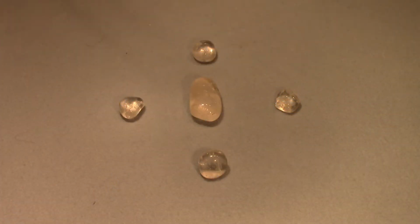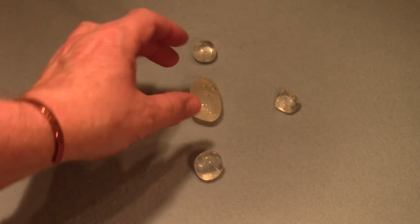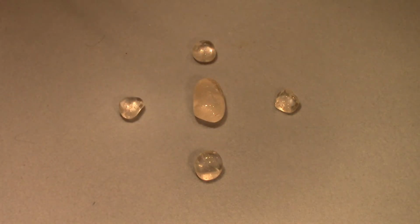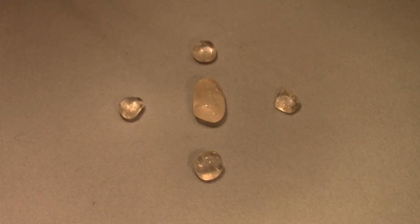Okay, here's another simple grid. Very easy to make. These are all clear quartz crystals. I'm using a larger tumbled stone in the center. And this I have aligned magnetically to north, south, east, and west. If you don't know these directions, use a compass and set that on the table to get your directions correct. If you don't have a compass handy, the simple way is where the sun comes up in the morning